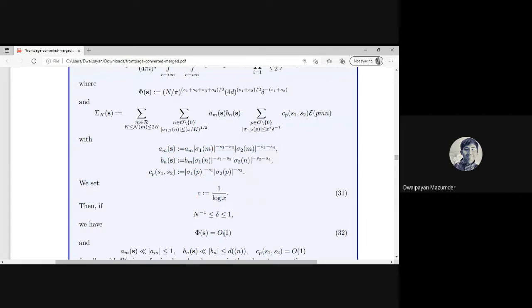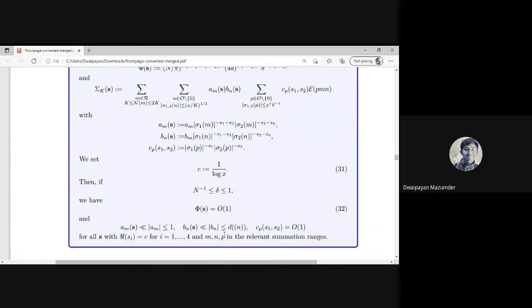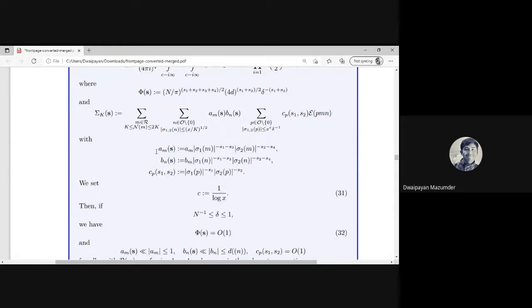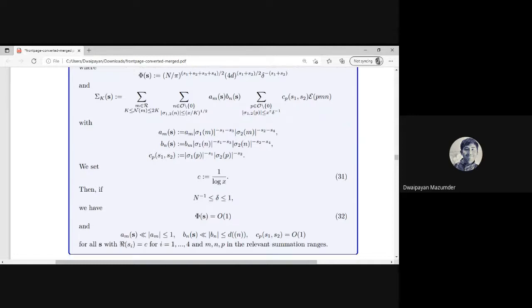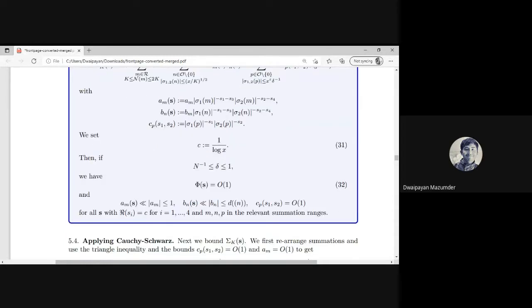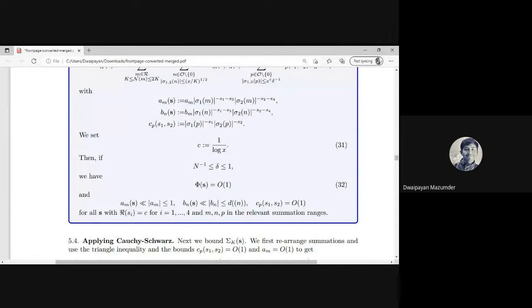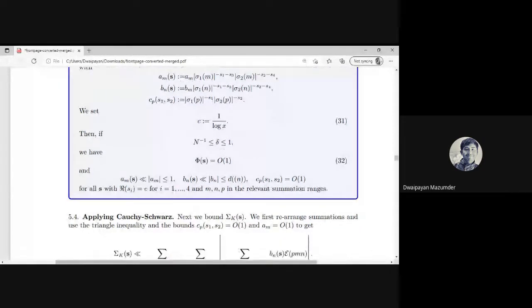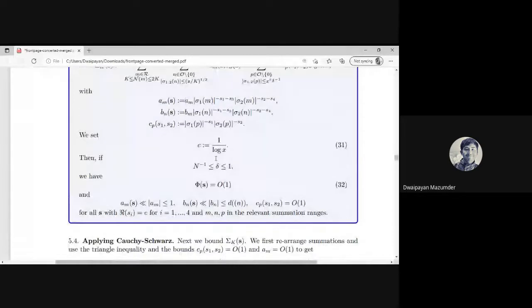Your phi s is big O of 1, and your A index is bounded by some constant, same as for B. B n s is not bounded by some constant, but it depends on n, it is a divisor, the number of divisors of n, the ideal generated by n, okay? And C d s 1 is also big O of 1. So with this kind of bounds, we actually